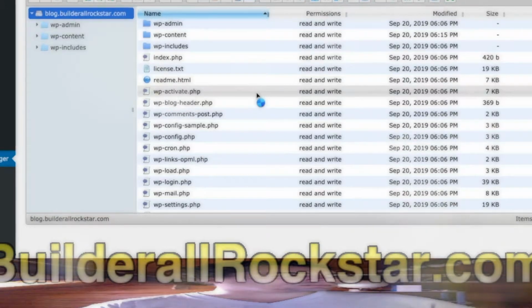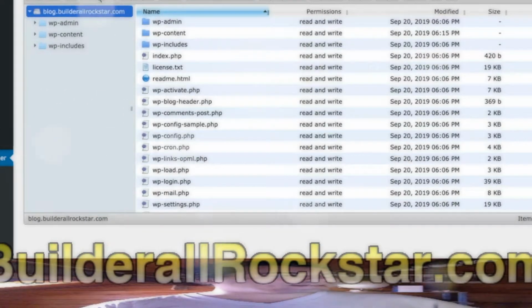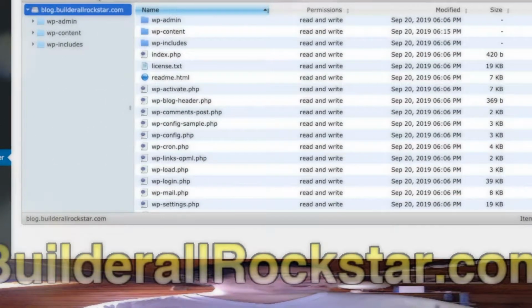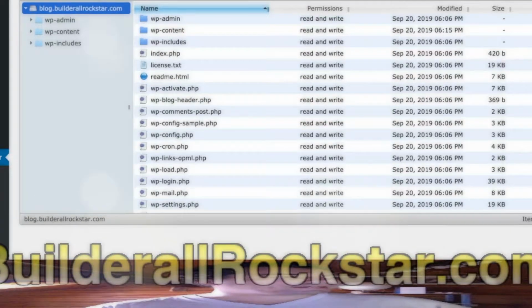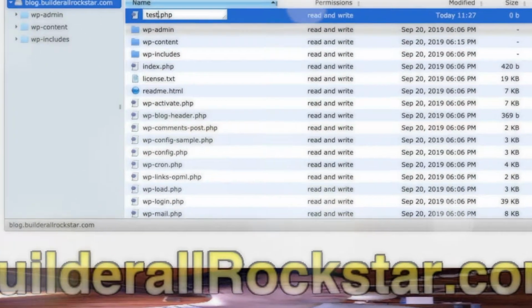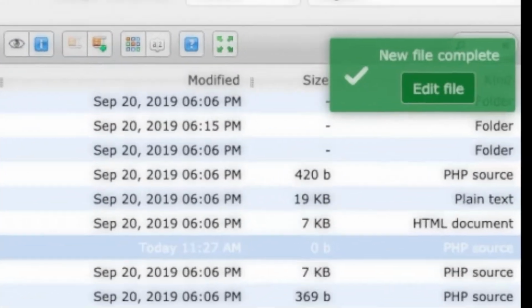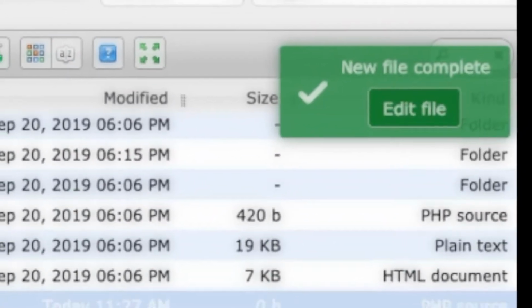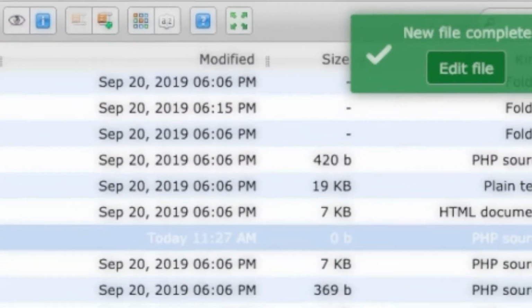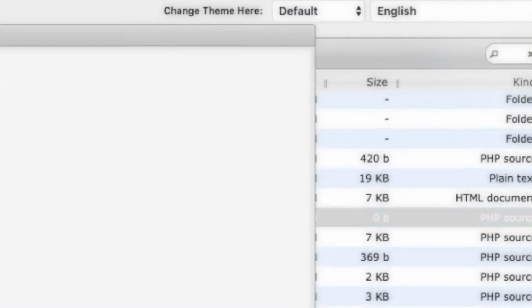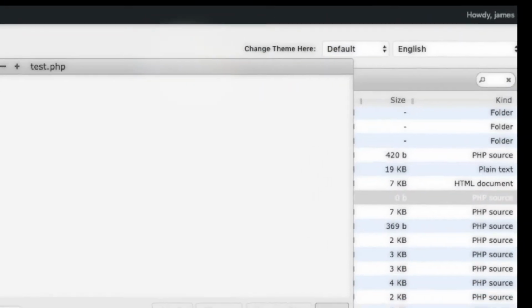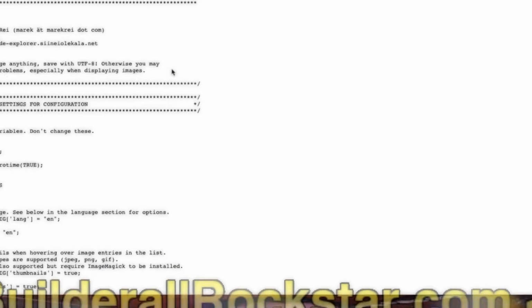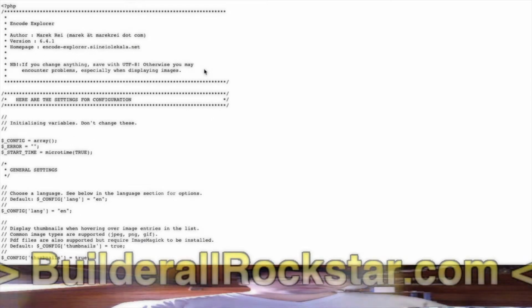So here you create a new file, PHP source, called test.php. When you create it, it asks you to edit the file, and here you have a small text box. So you will copy and paste. I go back to GitHub. Here I just copy everything.